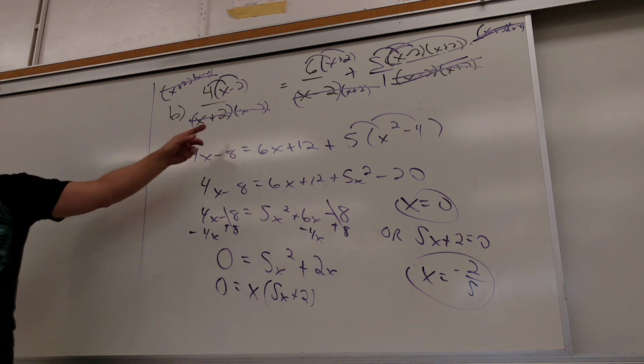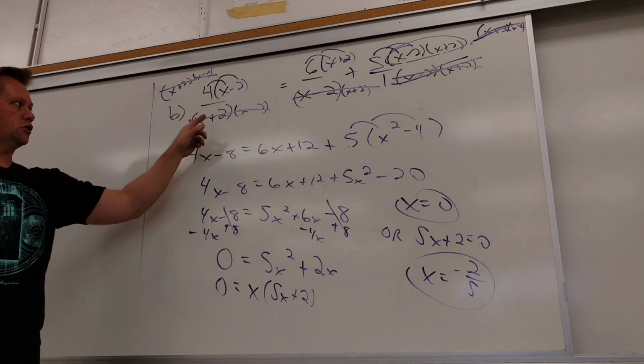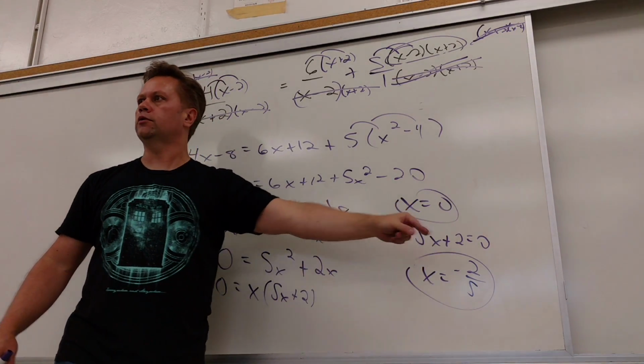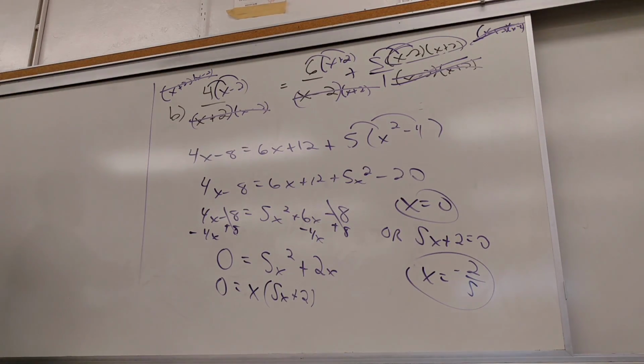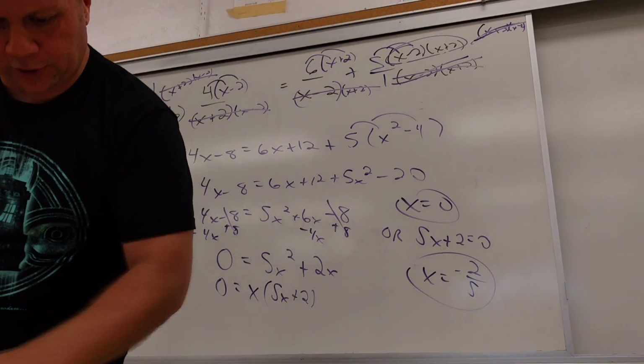No. If you plug a 0 in, you get 2 and negative 2 on the bottom. Right? So only 2 or negative 2 would make the bottom 0, and I didn't get either one of those. So both my answers are possible. Okay, cool. Let's see an example where I get